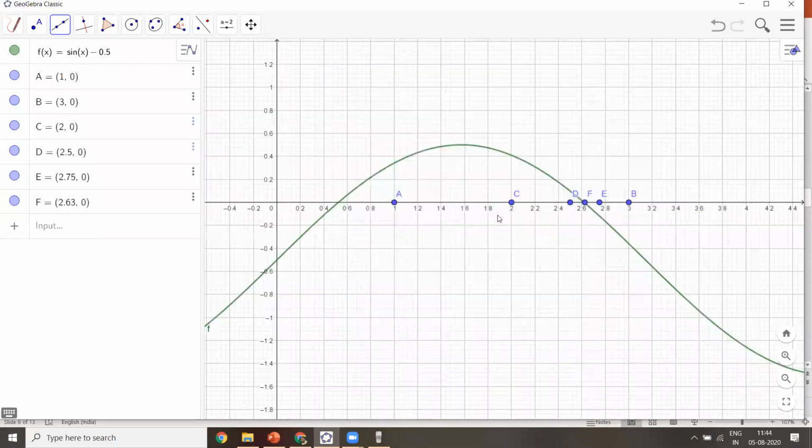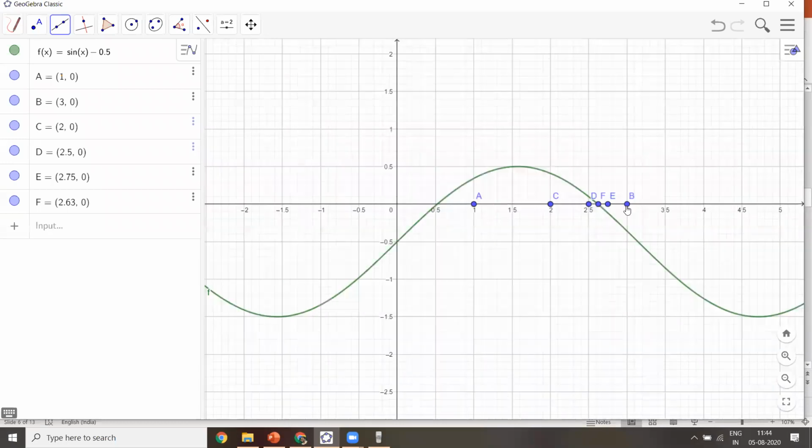So see, we started with AB, a very big range, after that we got C, then between CB we went for D, then between D and B, E, then between E and D, F, almost to the root. So this is the way we work for the bracketing method. I hope you understood the procedure. Okay, and for me it is very difficult to get feedback right now. In the chat window, if you somehow understood the method, please put something or I'll elaborate again.